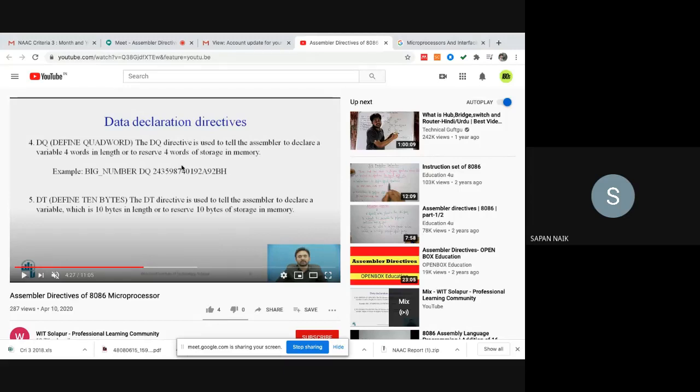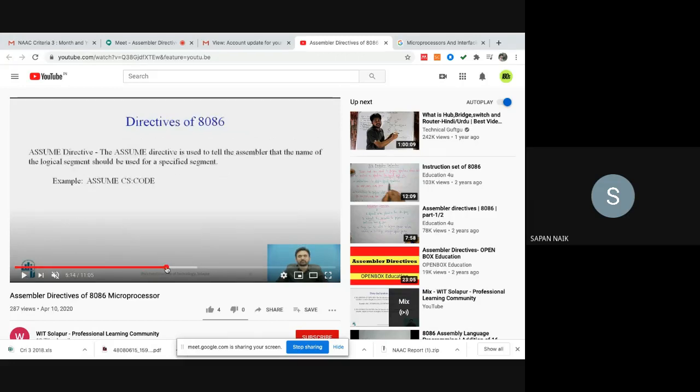Clear? So to declare your variable and how many bits you want to occupy, according to that you can utilize these directives. Other than this, you have one more directive called ASSUME. I think I discussed it when we started our programs. Instead of using mov ax, @data and mov ds, ax, you can use this also, ASSUME. So what will ASSUME do?